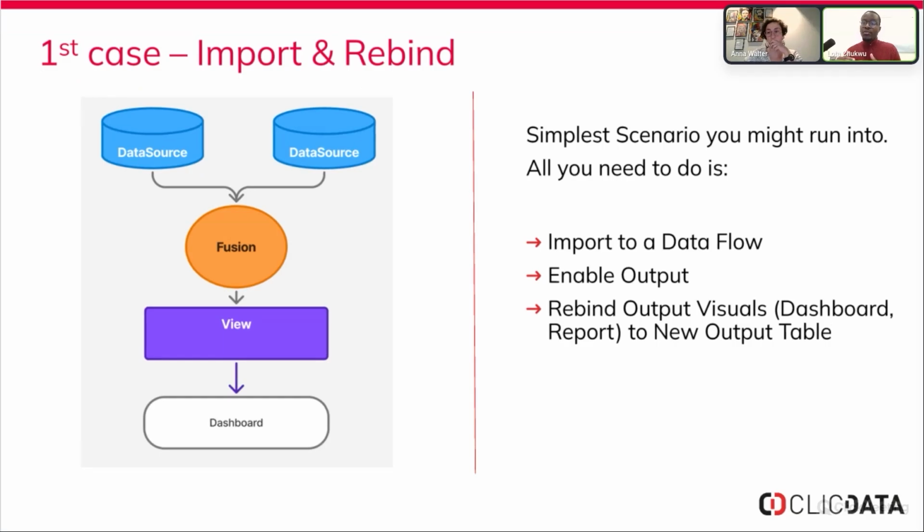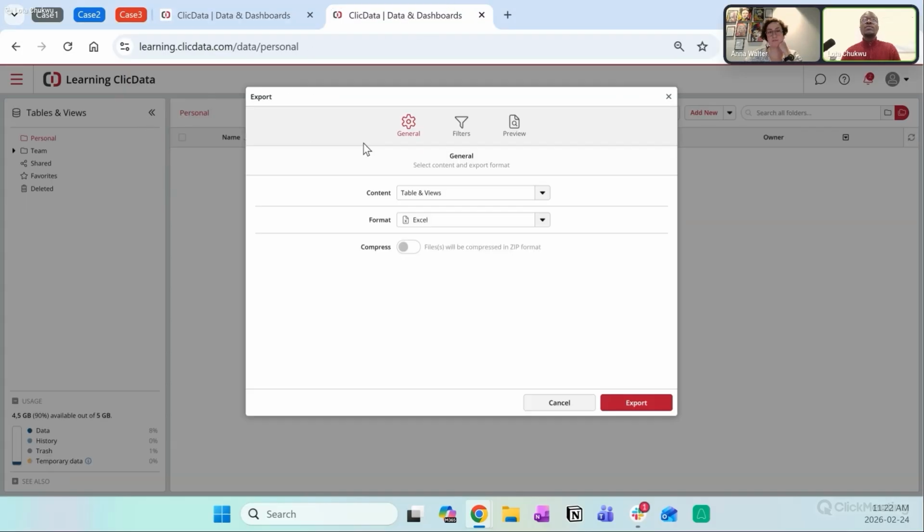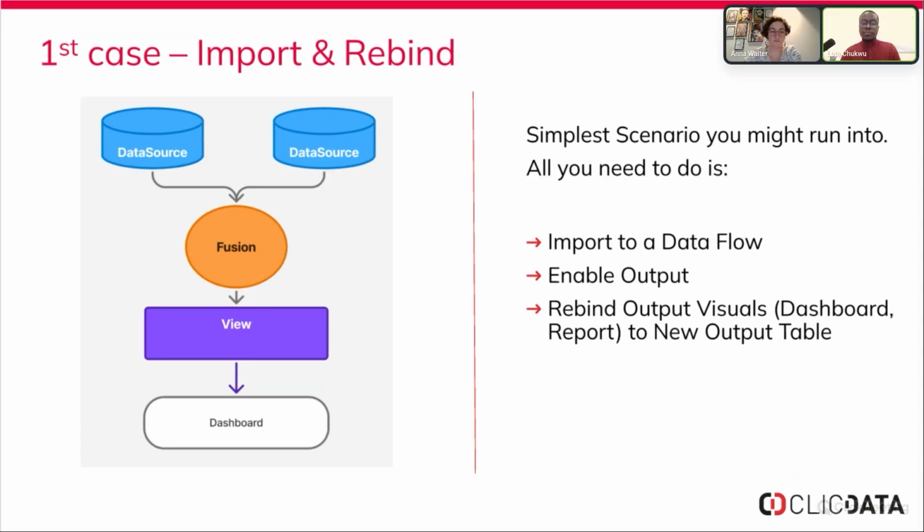You can also do the same process when you go into the tables and views portion within ClicData. You click that export button that we had. You go in there, click export, and you have that list of tables and views. It exports a list that has all that information for you. And so once you have those lists of objects, you can then begin to